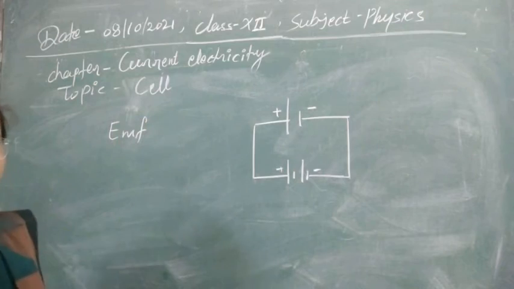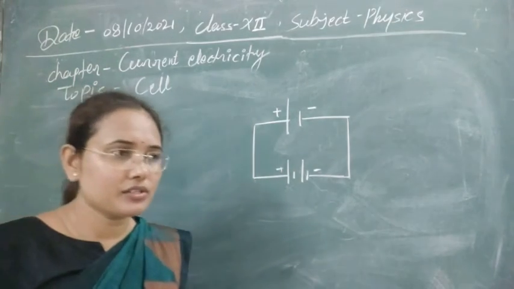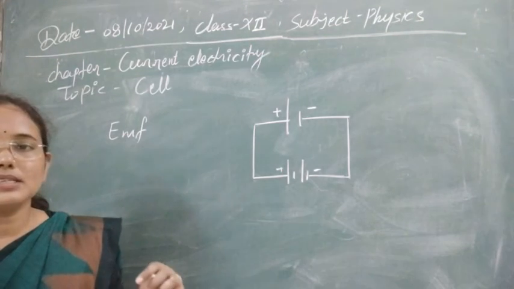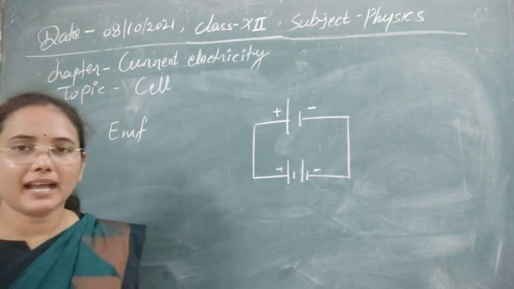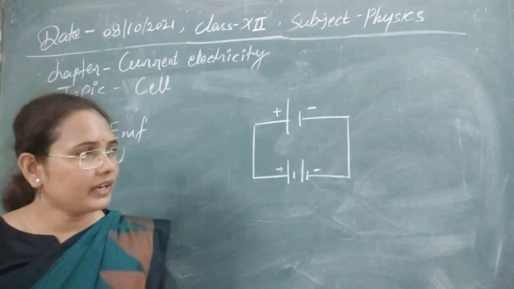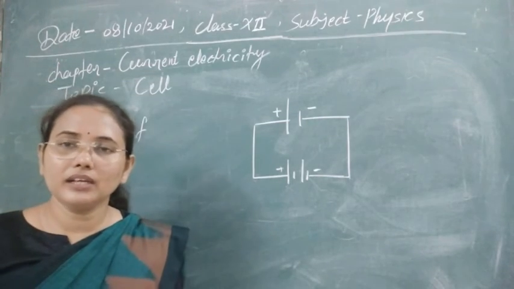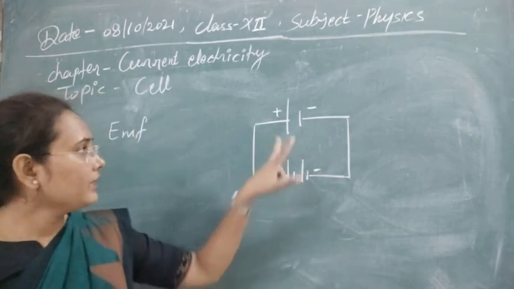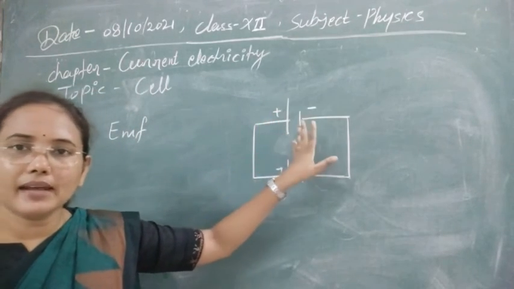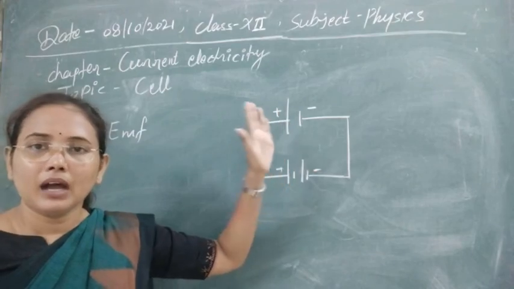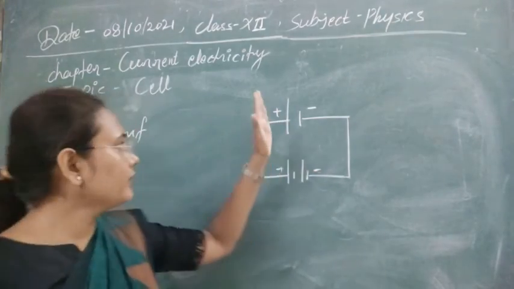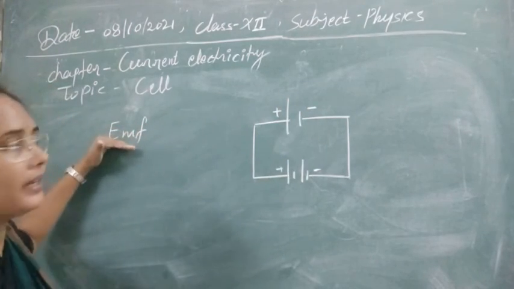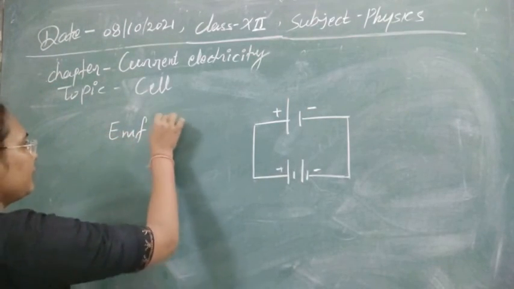So the first topic in the case of the cell that we have to study is the EMF of the cell. So what is the EMF of the cell? This is the maximum possible potential that we observe whenever we haven't connected any battery to it, or current is not being drawn from the cell. Only the charges are stored over the anode and cathode, and due to this ion accumulation, the potential generated between these two plates is called the EMF. Clear? And we denote it by E.